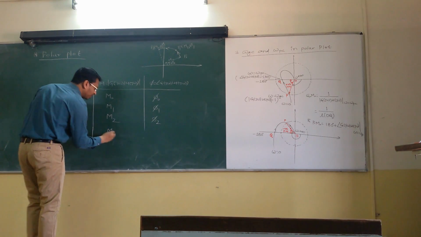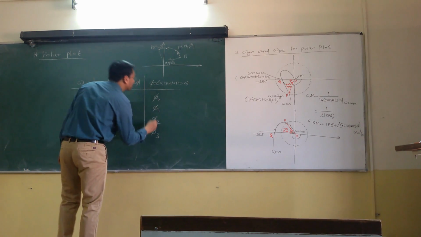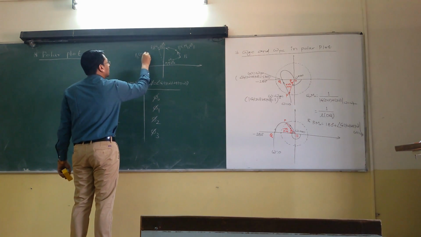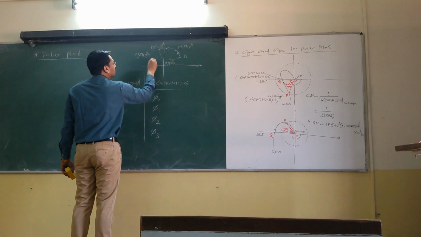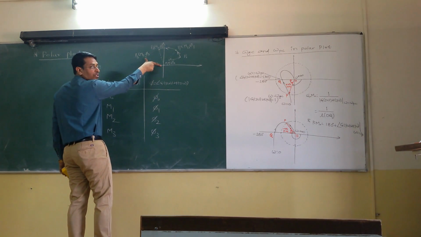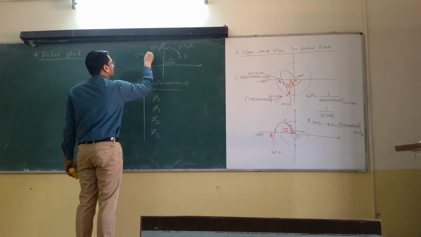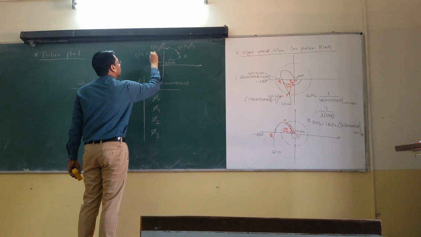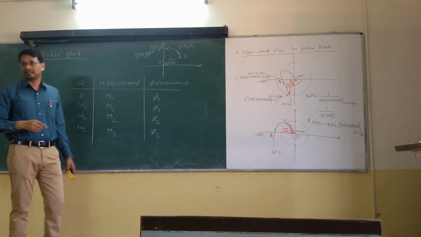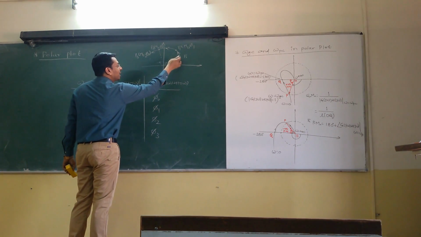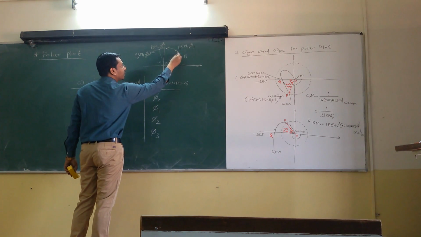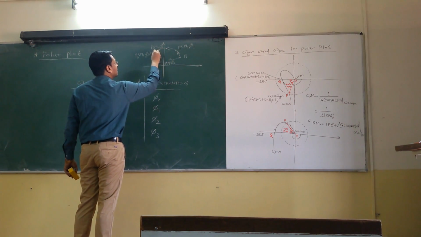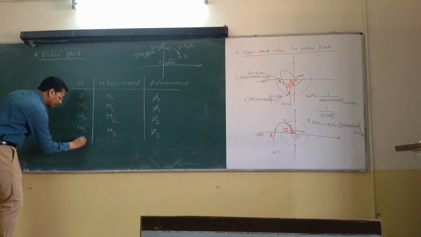You will get m3 and phi 3. Say it is p3 with m3 and phi 3. m3 is the magnitude, meaning the length of this line, and this is your angle with the positive direction. Since we have moved from P0 to P1, the direction of the arrow is towards P1. Once again from P1 to P2, the direction of the arrow is like this, and if you keep on moving likewise,